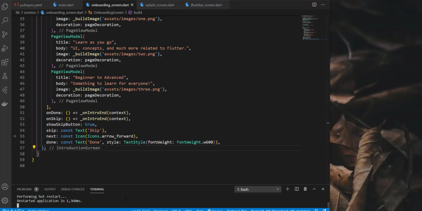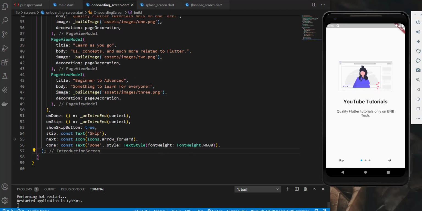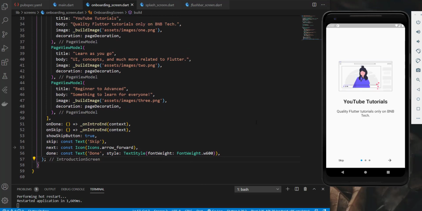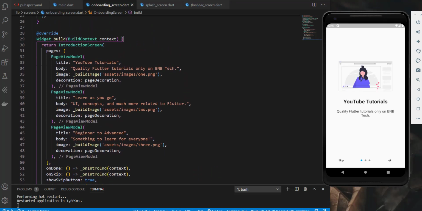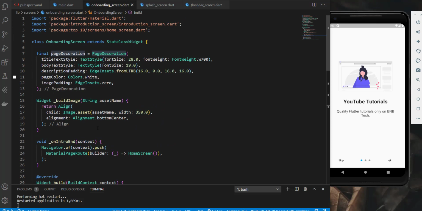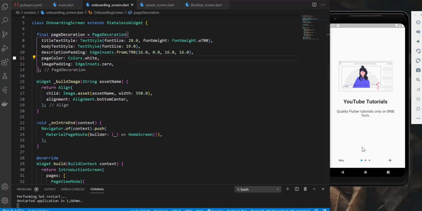So after adding all of this, I'm going to restart my app, and now let's see our onboarding screen. So here we have a beautiful onboarding screen. What the decoration did here is it just styled all of these together: the title, the body, the description, padding, and everything that you see here, and the build image returned this beautiful screen.